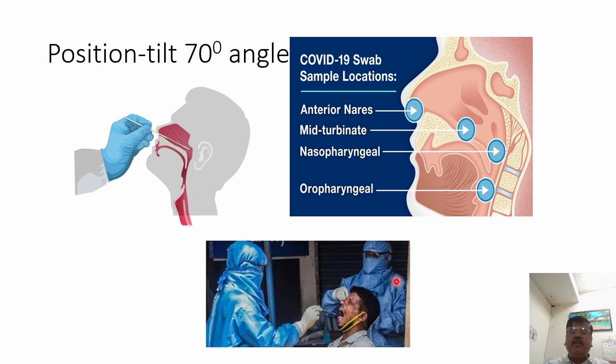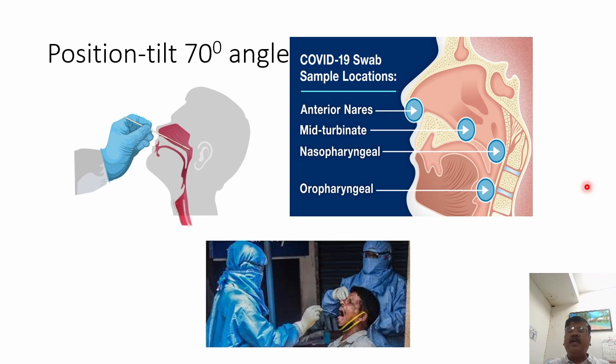So you can see the photograph. A little bit of tilting of the head is necessary to visualize. And suppose you are taking an oropharyngeal sample, a tongue depressor is necessary because the tongue will come in between. So a tongue depressor is necessary as an additional requirement for sample collection. There may be a gag reflex or the patient may feel uncomfortable during collection, even with nasopharyngeal, because we are penetrating 5 to 6 centimeters inside the nose.